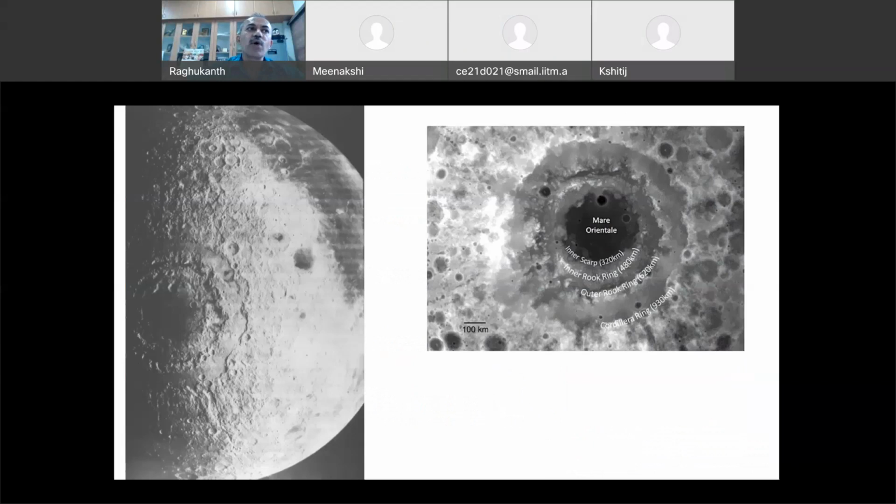So this is how our Oriental Basin looks. You can see it in our topography map and other things also. Several rings can be identified from the topography maps, which people have made. So this region, what they call as mare. What do you mean by mare? Now, mare, I told you, right? Our geological notation. Mare Imbrium, Mare Orientale. Then why do they use this word mare? Mare means